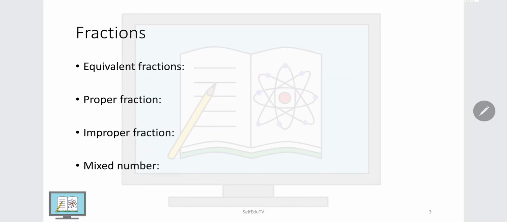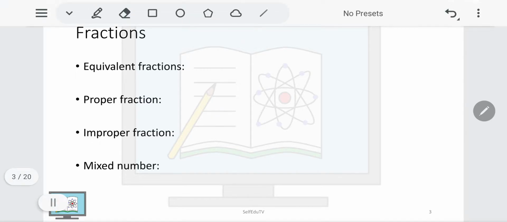So first of all, let us look at the terms used in fractions. The first one is equivalent fractions. What are equivalent fractions? Equivalent fractions are two or more fractions that represent the same part of a whole. So example,